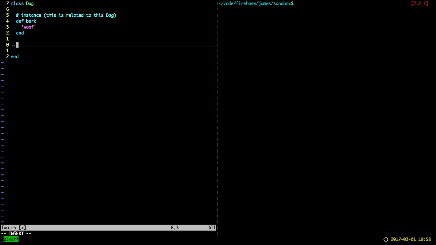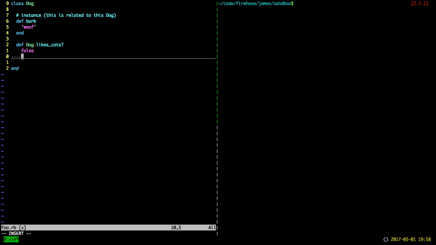So a class method might be like, I just can't think of one. Okay, like self dot, or define it. I would say like, this is so dumb. Likes cats. Okay, sure. The answer would pretty much be false, although I'm sure there are exceptions. So a class method is a Boolean? No, but it's not something that is related to